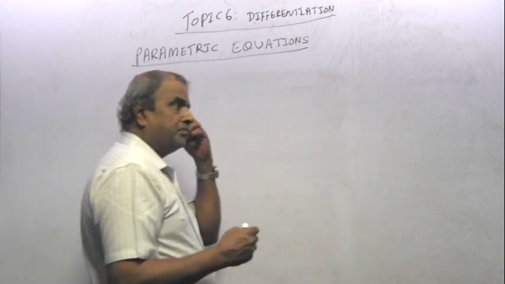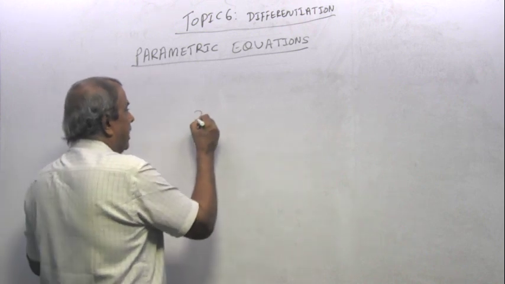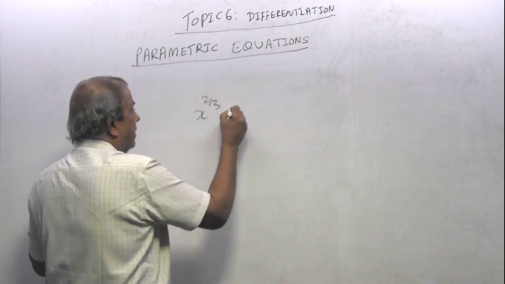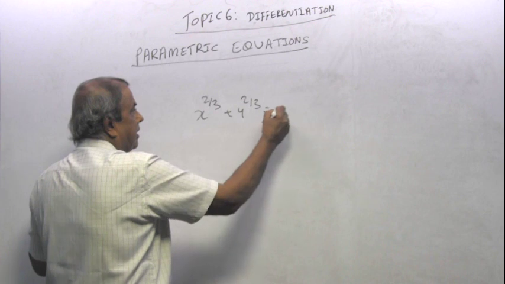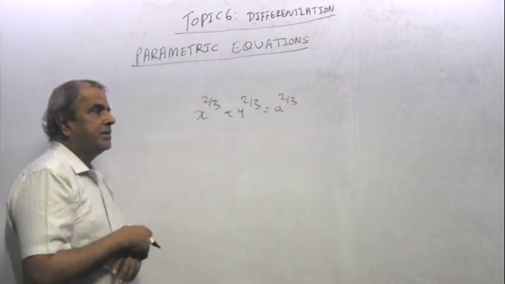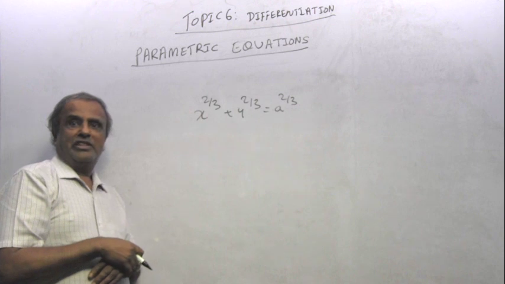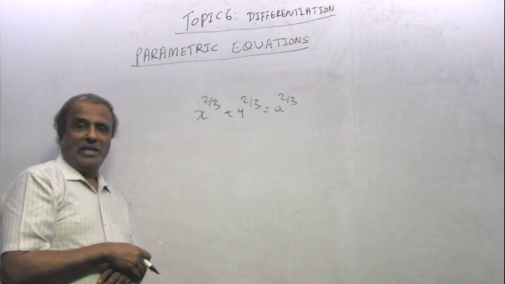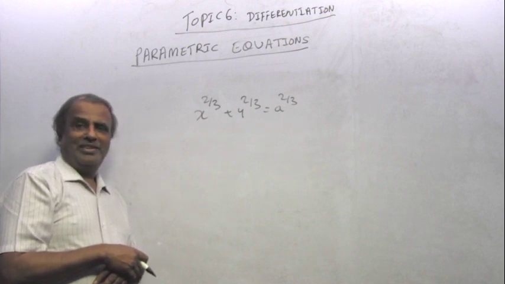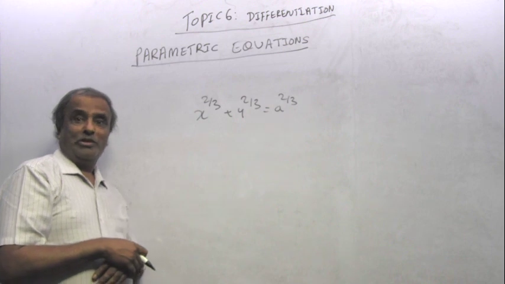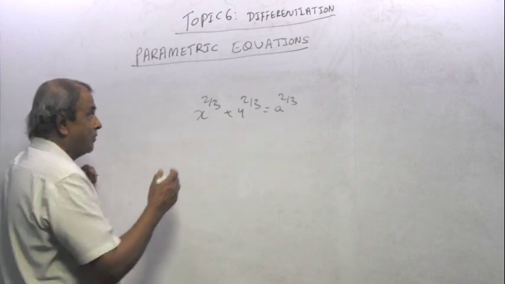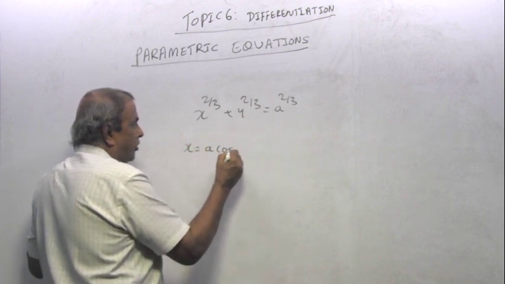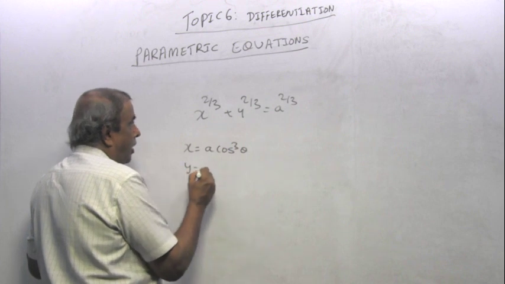because suppose you look at the question x power 2 over 3 plus y power 2 over 3 equals a power 2 over 3. And you also sketch this curve. Also find the tangent at a point. Tangent at x equal to 1. Where will you go? It's almost impossible, right? Whereas, if I were to say x equal to a cos cube theta, y equal to